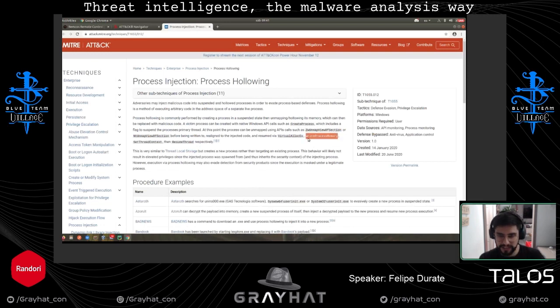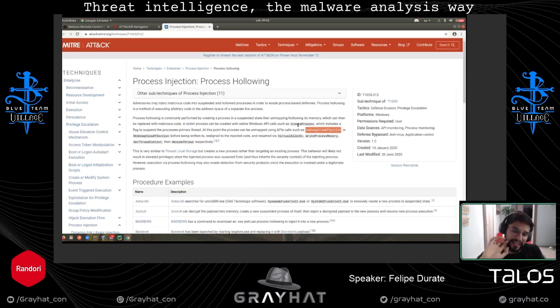So for the sake of speed, we are going to focus on two things: CreateProcess and WriteProcessMemory. CreateProcess is the one that actually creates the new process. UnmapViewOfSection is the one that removes all the code that was in that process. Something that is important: the process is created in suspended mode, so it started, but it is waiting.